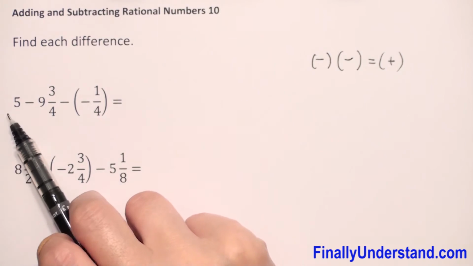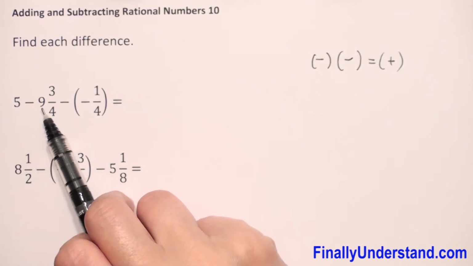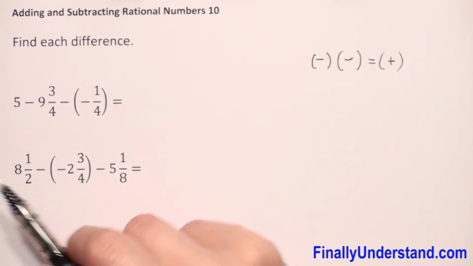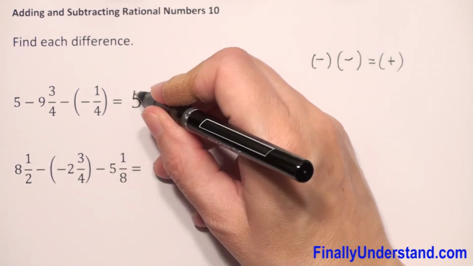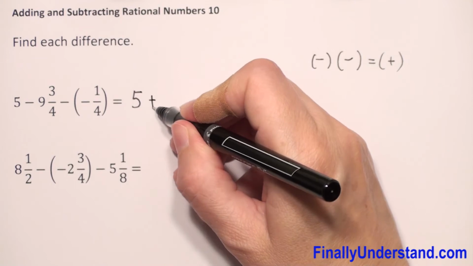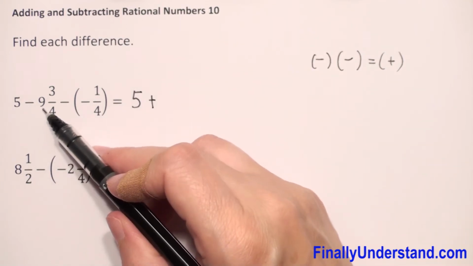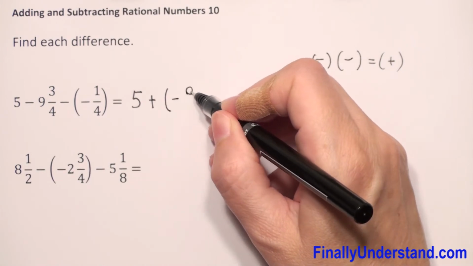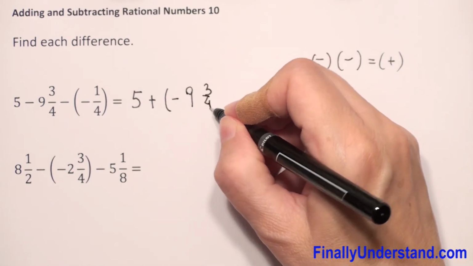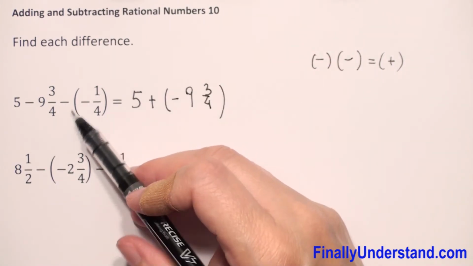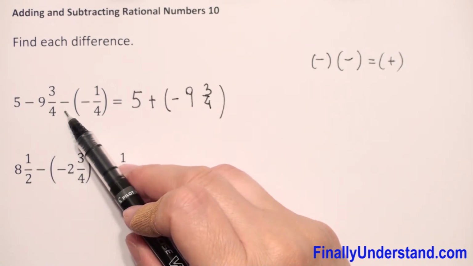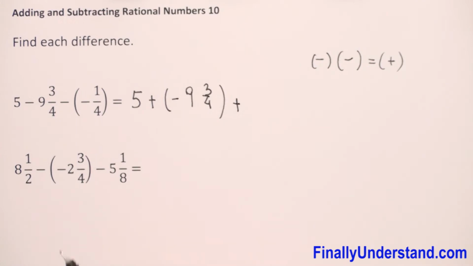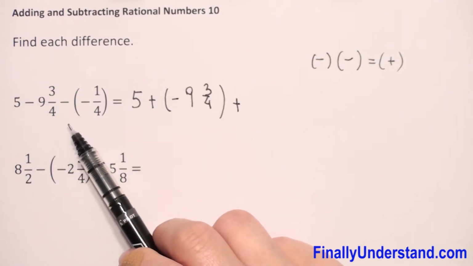But start from the left side. We have 5 minus 9 and 3 over 4, subtraction. So we can change this subtraction to addition of opposites. The opposite of 9 and 3 over 4 is negative 9 and 3 over 4. The same here. Like I said, you can write plus, but if you don't know how I get this plus,